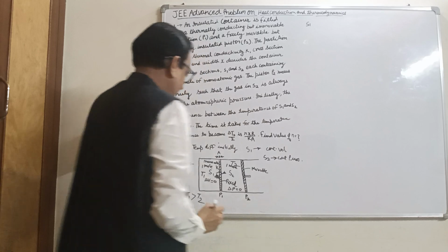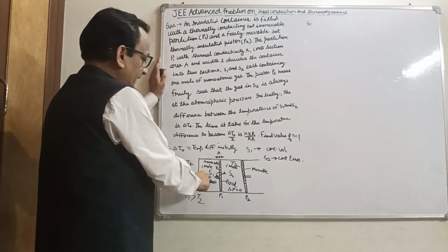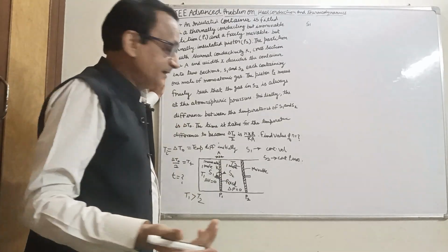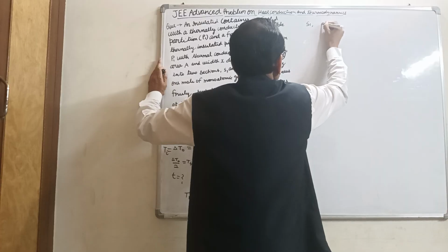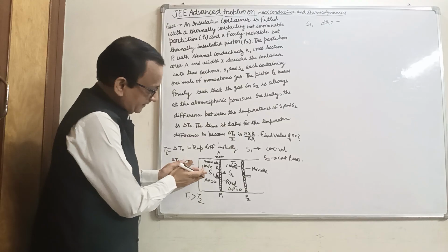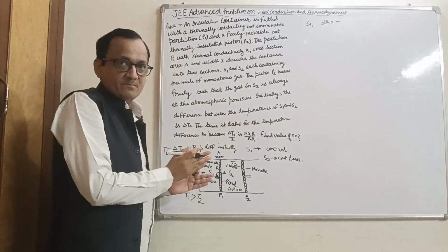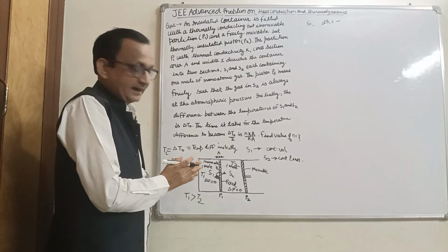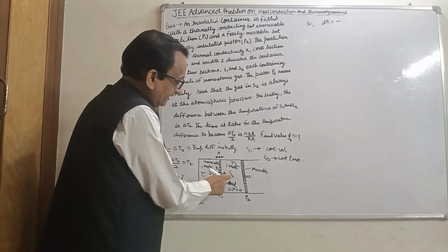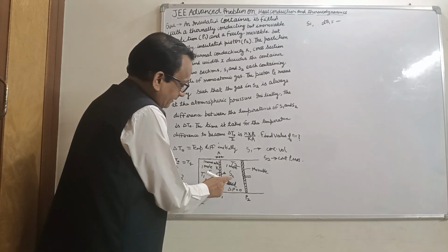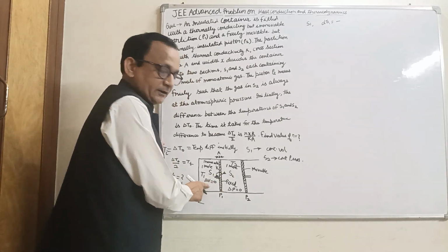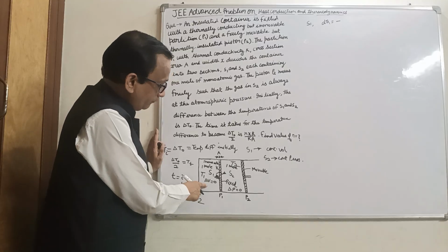For system S1, the heat is supplied from this system. This means this heat dQ is negative, because system S1 rejects heat. Heat rejected by the system is negative, and heat absorbed by the system is positive. System S2 is absorbing heat, so the heat for this system will be positive. This system undergoes a constant volume, isochoric process.